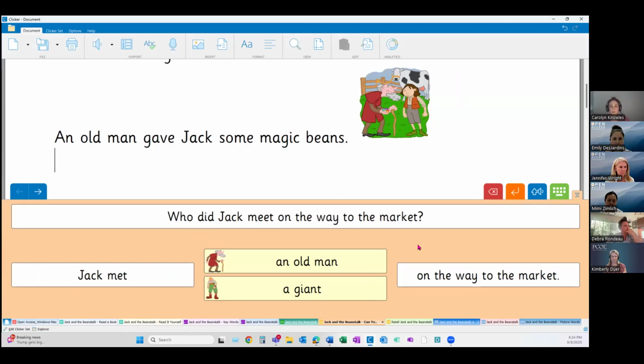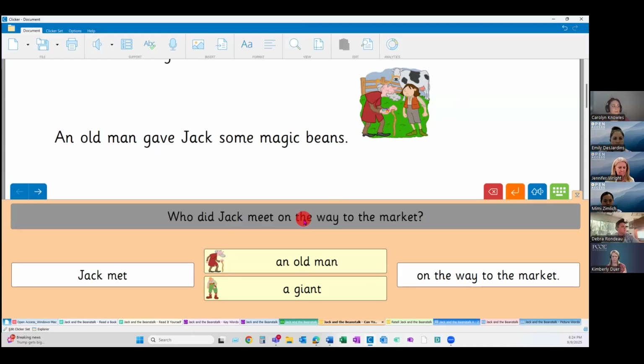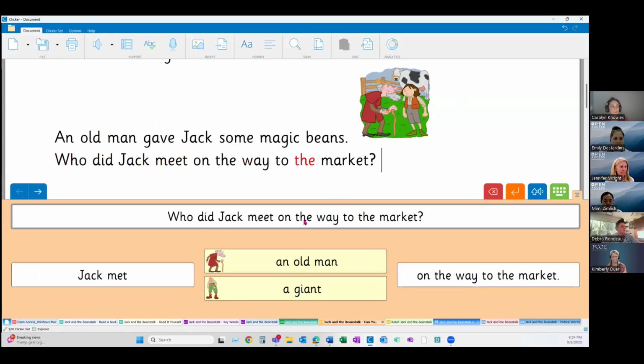So this one, for example, again, within that Jack and the Beanstalk topic on learning grids is one of our Can You Remember activities. And these will always have a question at the top prompting whatever it is that we're writing about. Who did Jack meet on the way to the market? If you didn't want to send it into the document, by the way, you can right click to here without putting that into writing if you wanted to. Who did Jack meet on the way to the market?